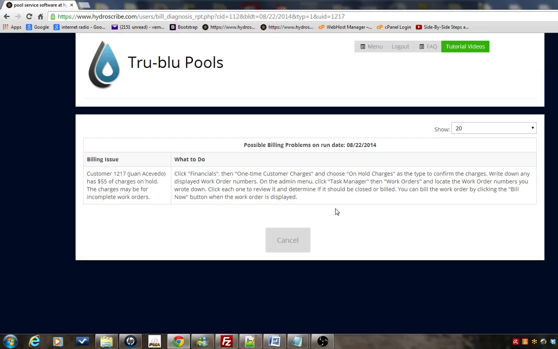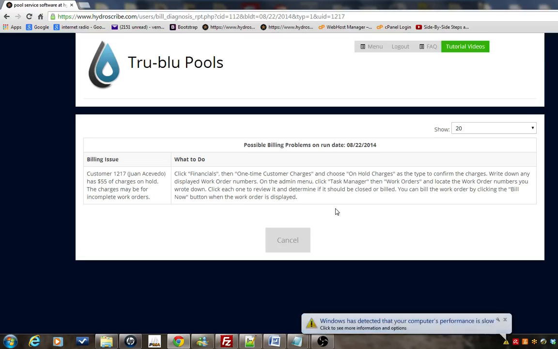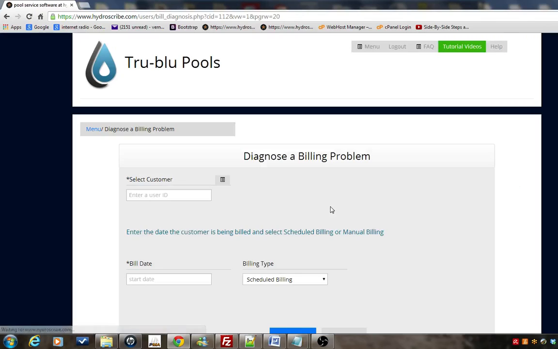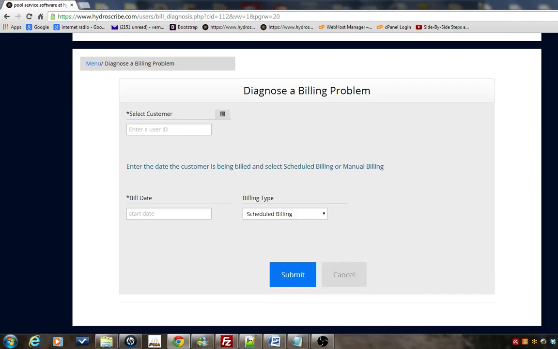So again, we have a video that explains how to use this tool, but it's very simple. The left column tells you what's wrong, and the right column tells you exactly what to do. Okay, so those are the different ways in which you can look at whether a customer's billing is going to have issues or not. Now we're going to go back to the menu,